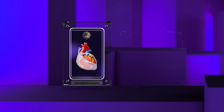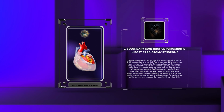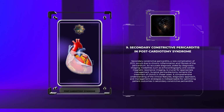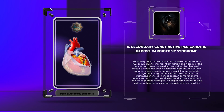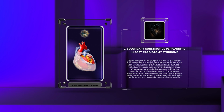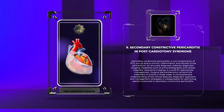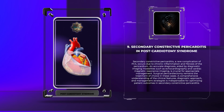Secondary constrictive pericarditis, a rare complication of PCIS, occurs due to chronic inflammation and fibrosis of the pericardium. An accurate diagnosis, aided by diagnostic imaging modalities such as echocardiography and cardiac magnetic resonance imaging, is crucial for appropriate management. Surgical pericardiectomy remains the treatment of choice in these cases. A comprehensive understanding of the clinical features, diagnostic approach, and management strategies is indispensable for optimizing patient outcomes in secondary